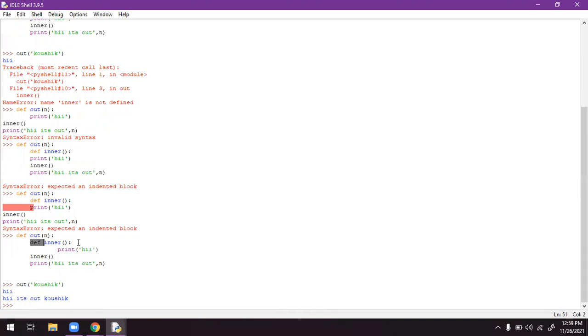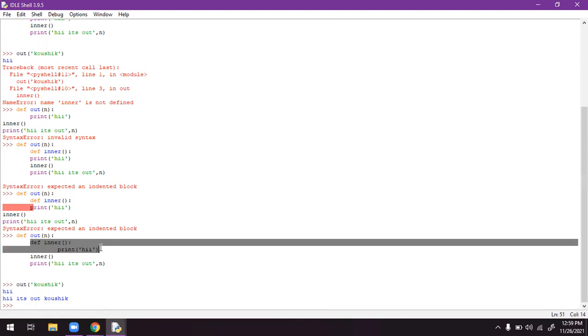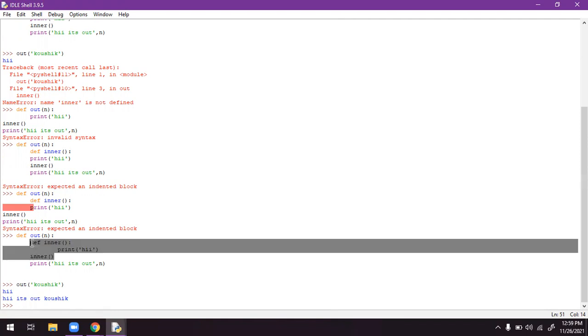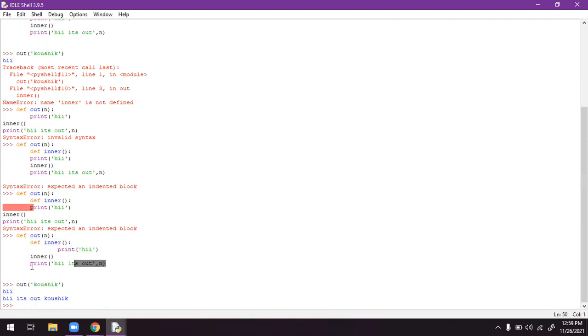It is an inner function actually. After that inner function, the outer function is called. Initially the inner function is executed, after that the outer function is executed. Like this, you can perform inner call operations and outer call operations.